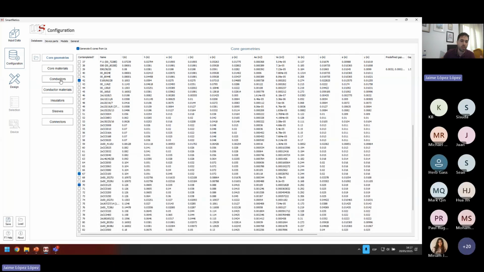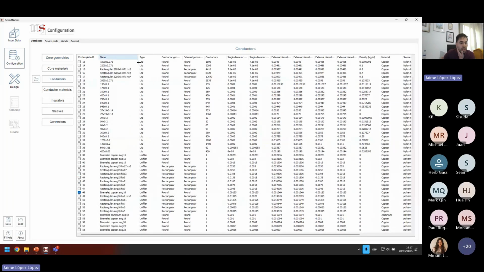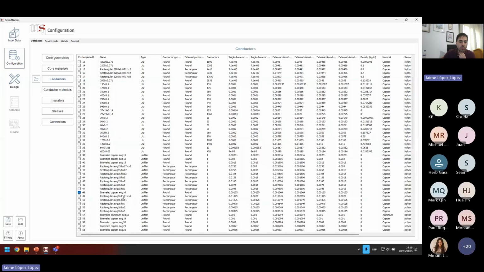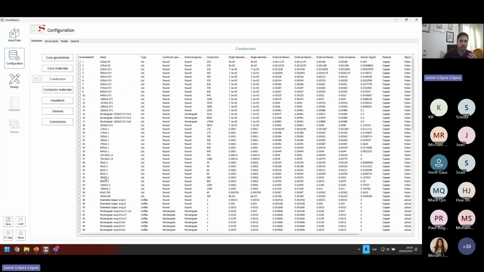We can do the same for conductors. Once again, by default, a regular wire is selected, some American wire gauge 16, but since this is a very big design and we may need some wires in parallel, it will be very hard to wind that with such a big wire, because it's very rigid, it's not flexible. And on top of that, since we have a very high frequency AC ripple on top of the low frequency sinusoidal, it may be better for us to select some litz wires to reduce the AC losses. On top, as I was saying, of providing something that is easier to manufacture. I'm going to select a couple of them just to take them into account in the design.